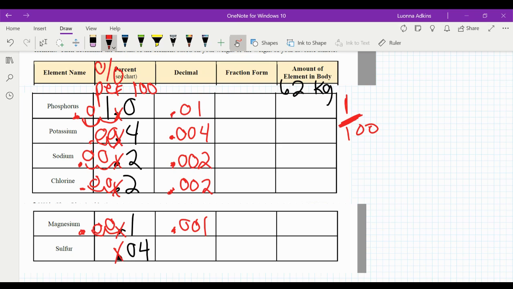For hundredths of a percent, pick up that decimal, divide by 100, new decimal point, add your zeros, you get 0.0004. That is 4 ten-thousandths. The next thing we're going to do on the following video is change that decimal to fraction form and then calculate